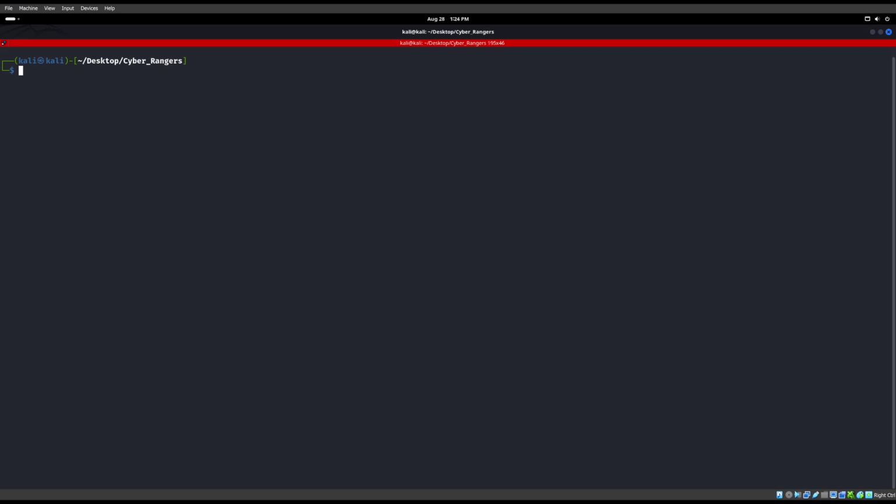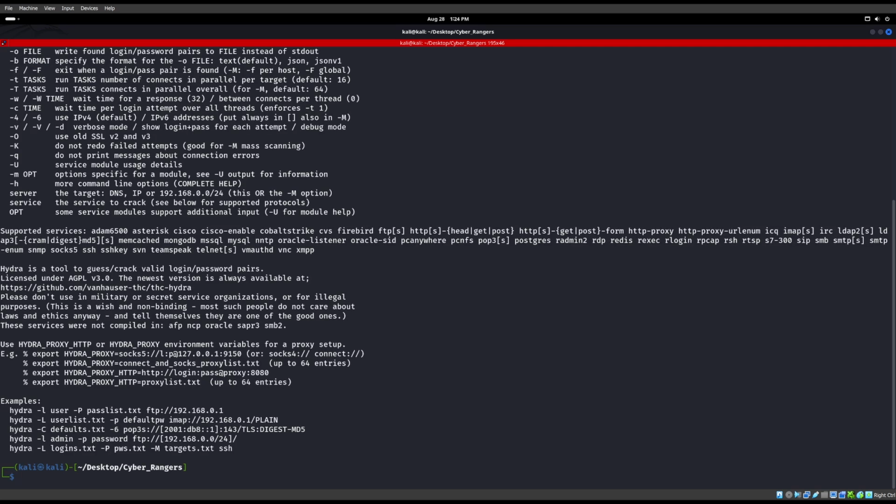So something with VNC is that it does not have a username. There's only a password on VNC. And we're going to utilize a tool called Hydra. So if I look at Hydra and I do -h for help, we can see how to run it down here. But one of the things that we see is -l lowercase is just a user. So that would be something like hydra -l admin, right? A capital L